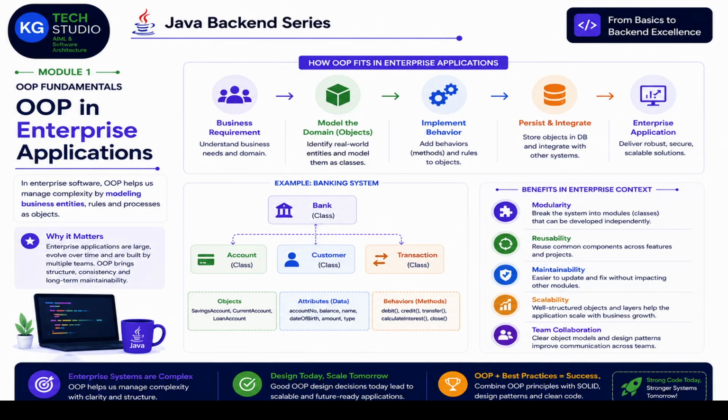In this slide we have an example of banking applications, right? So banking applications have their classes like account, customers, and transactions. And customer has different attributes like customer name, date of birth, account type, right? And the account number. In the same way, account objects have different types like saving account, current account, loan account, right? So now you can relate all those things, how this object oriented programming helps us to